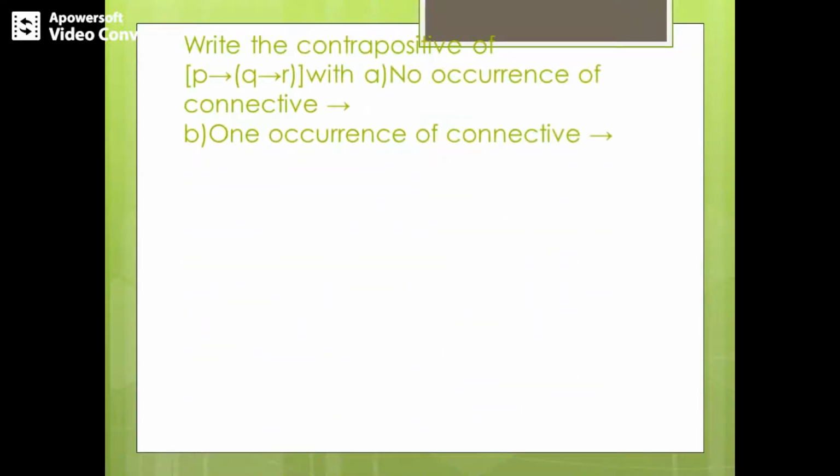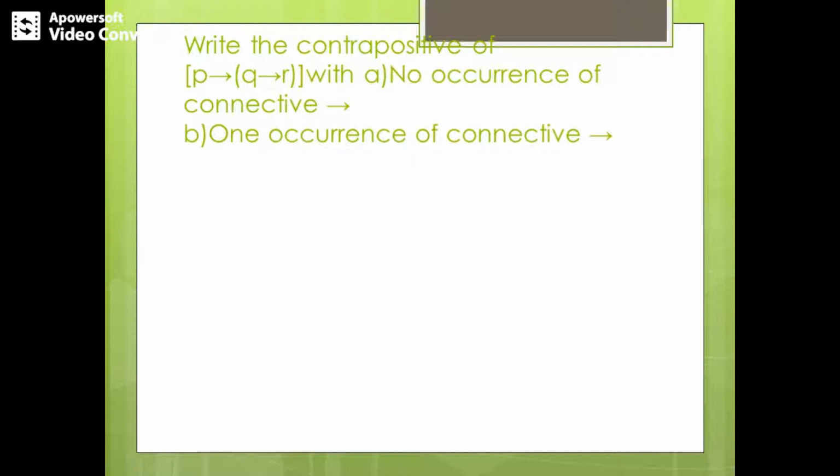So, let's take this question, right? The contrapositive of P implies Q implies R with no occurrence of connective and one occurrence of connective implies. So we have to first of all write this condition in terms of contrapositive. So conditional P implies Q implies R. Contrapositive is given by negation of Q implies R implies negation P. That is its contrapositive. We start from the contrapositive and start solving, simplifying it using laws